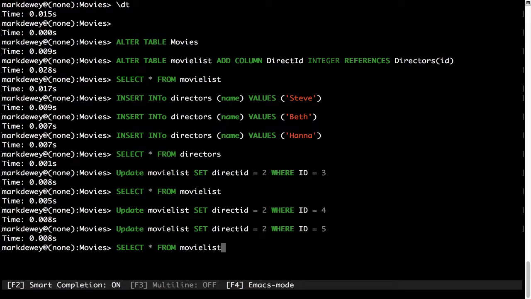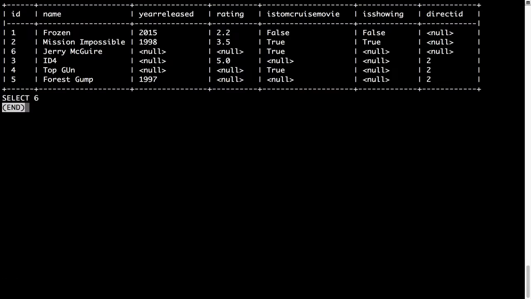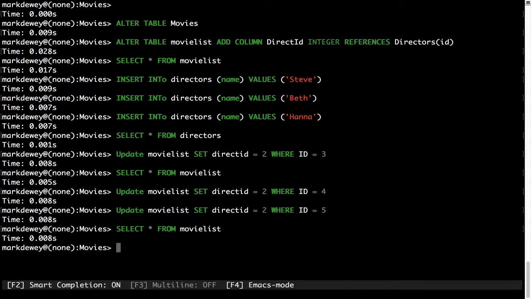Did I miss a step where we added director ID to the table, or did we have that from the other one? It's the add column, you missed that step. So that's right here: alter table, movie list, add column, director ID. It points to the ID on directors. References is the field that makes that connection. So I'm saying, look at my movie list table, add a column, call it director ID because that's meaningful to us. It is going to be an integer, and it's going to reference the directors table,